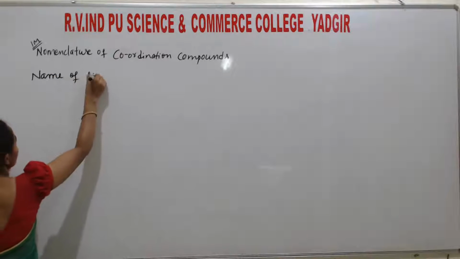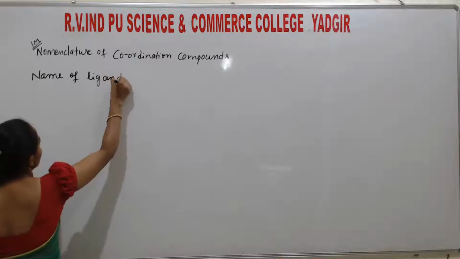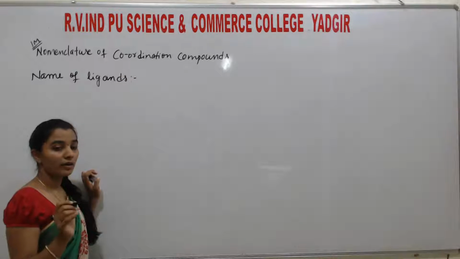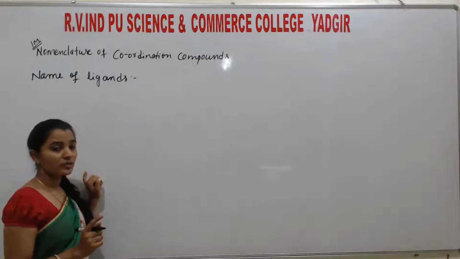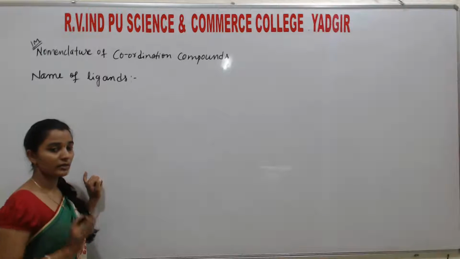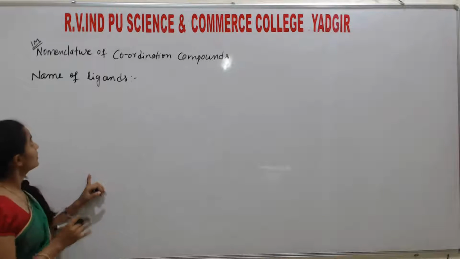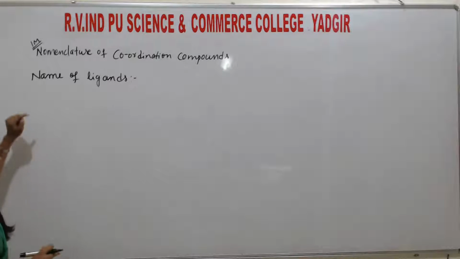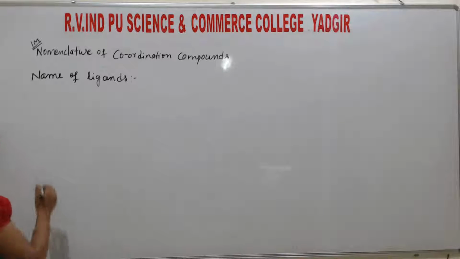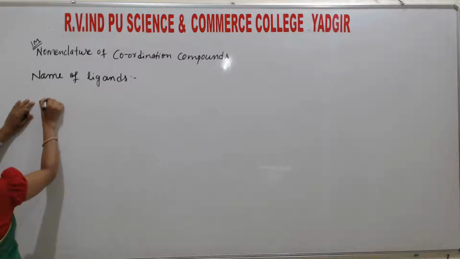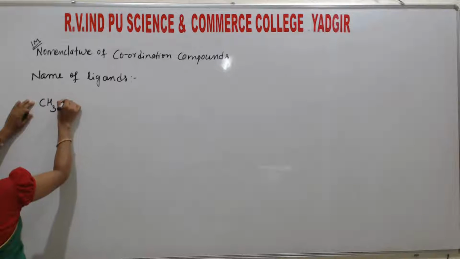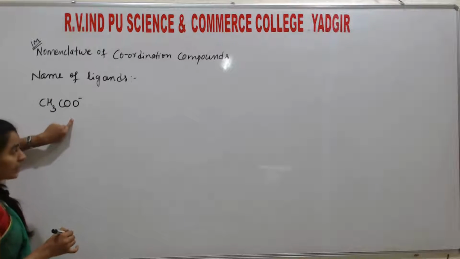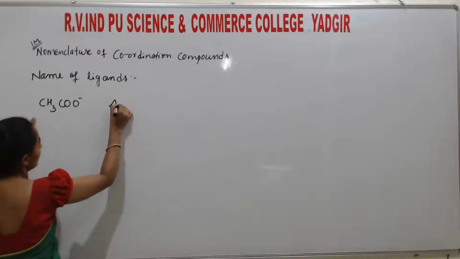Name of ligands. You know, ligands are of two types: one is neutral, another one is anion. Negatively charged species or neutral molecules are told as ligands. So in the name of the ligands, I will go with the negative ions now. Assume the first one is CH3COO minus. If this ion is there in the complex, then the name in the complex is